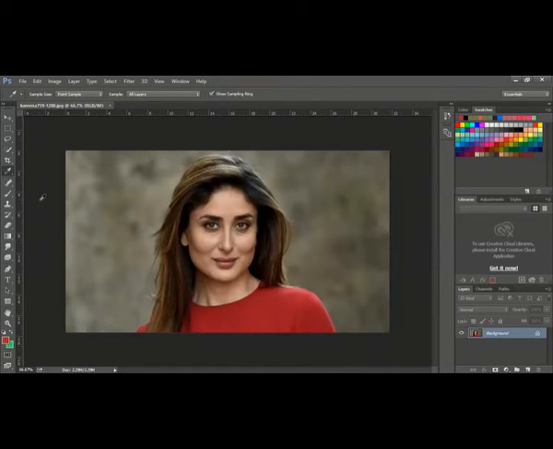Okay. Now if you use the brush tool, you can see that you can use the background color, foreground color for this, and all other things you can adjust from your opacity. All the things you can adjust. Suppose I use the color picker, eyedropper from here. Click, so you get that color. Yeah, that color.